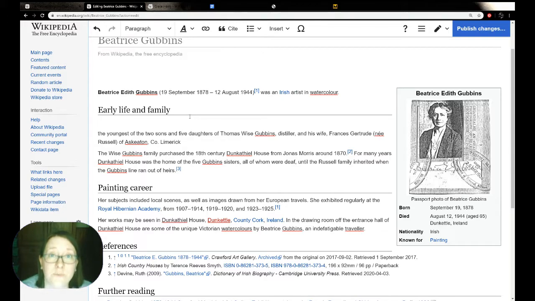If I was to press save now, or maybe just to capitalise, that is plagiarism. I've just taken the sentence wholeheartedly from the DIB and I haven't changed it at all. What we need to do is paraphrase it, so change it into our own words so that we're not plagiarising the DIB. So we can say that Beatrice Edith